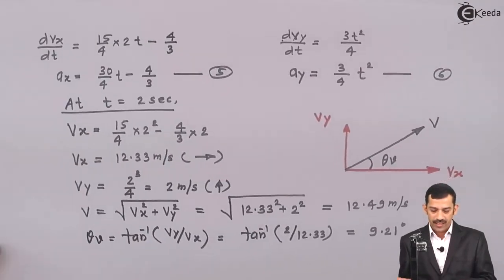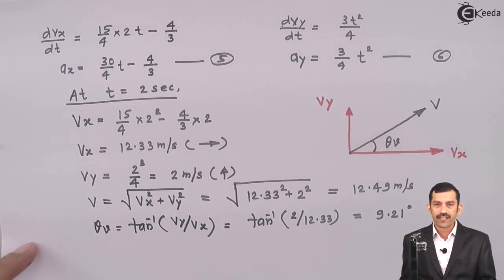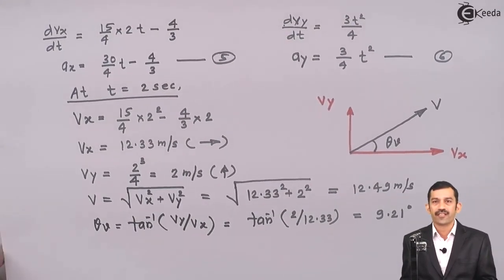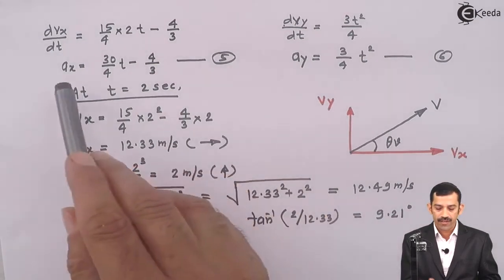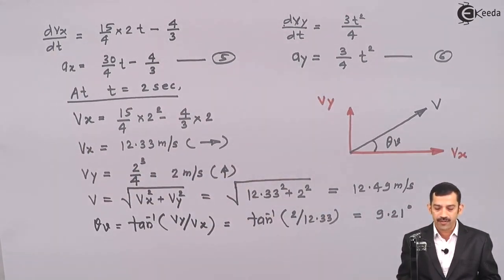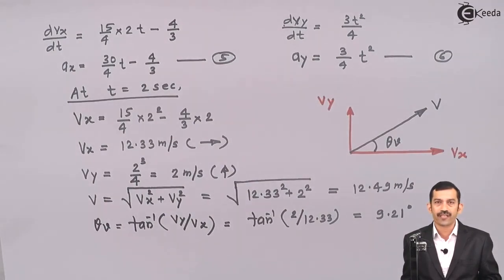As you are getting the velocity at t equal to 2 seconds, what you have calculated up to this step is the resultant velocity and the inclination of velocity with the horizontal. What is asked in the problem? Find acceleration at t equal to 2 seconds. For that, equations number 5 and 6 were derived, where equation number 5 is the equation of Ax in terms of time t, and equation number 6 is Ay, the component of acceleration along the y-axis in terms of t. We'll substitute the value of t as 2 seconds in Ax as well as in Ay. What will we get here? Magnitude of components with direction.